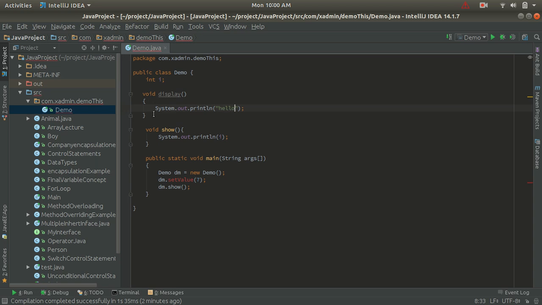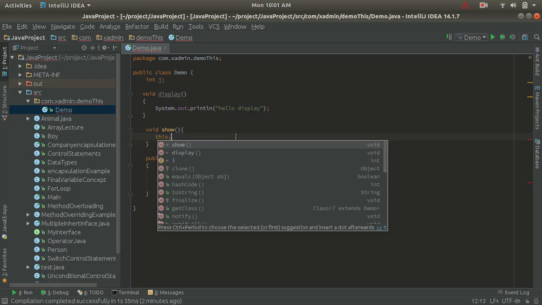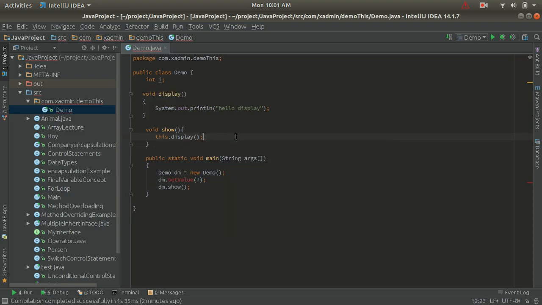And we have a show method, and inside the show method I am going to call the display method, so this.display(), right? Inside the main method I have created a demo class object, that's fine. So let's call the show method here. I will remove this set value.